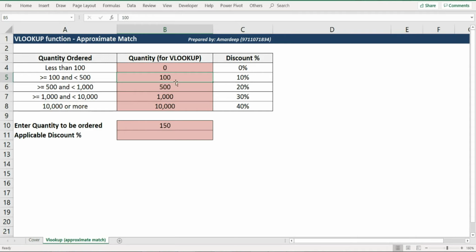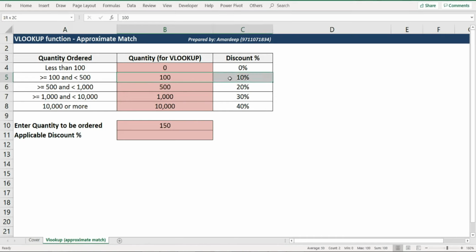Because of how this table is being interpreted, this 100 means 100 or more, but at the same time the next one is 500, so this automatically indicates 500 or more. So if 500 or more is coming over here, then it is automatically understood that something which is less than 500 needs to be included in this particular record, isn't it?